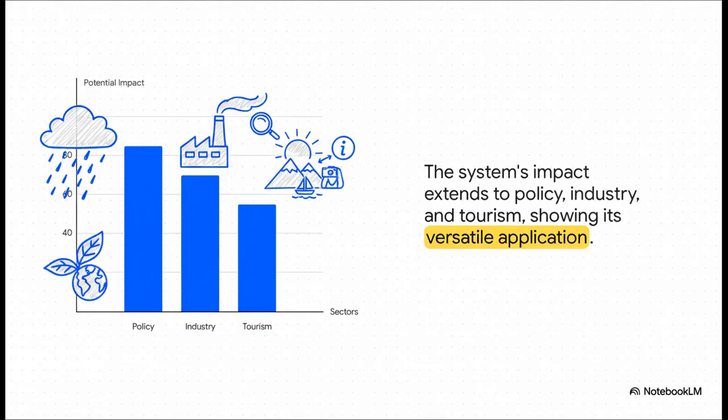And it just keeps going. The potential is huge. You can see here, this data could help governments write better environmental laws because they can see what's actually working. You could use it to make sure factories aren't cheating on their emissions. It could even help tourists figure out the healthiest time to visit a city. The list goes on and on.